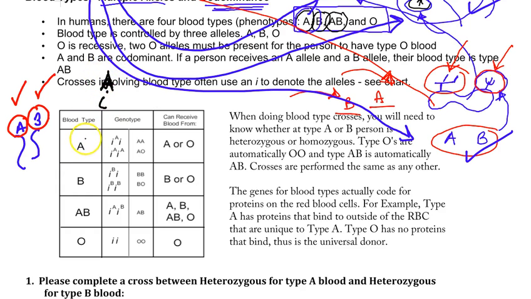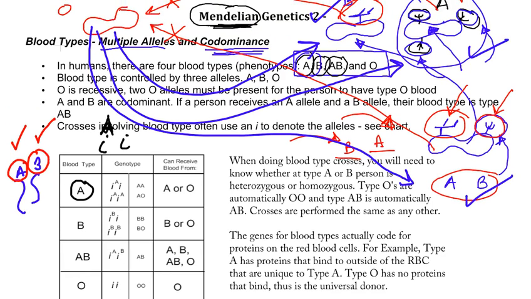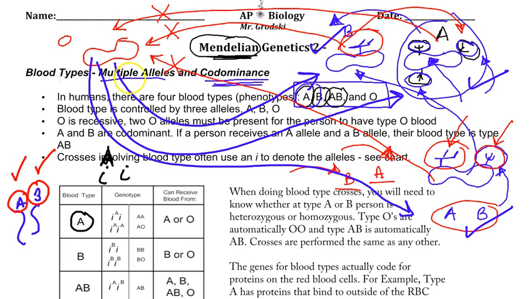So if you look at blood type A, the genotype could be a big A and a little i. Now, a little i means recessive. Recessive, as we've already learned, means a broken gene. The gene's not working anymore. So if you have blood cells that don't have any proteins on the outside, they're not making the proteins because it's a broken gene. So to have an O, what do you need? You need